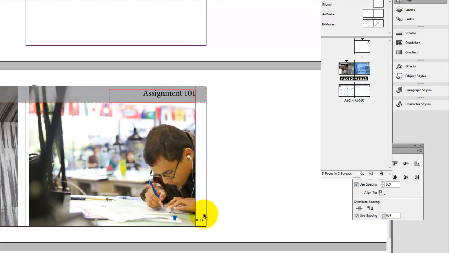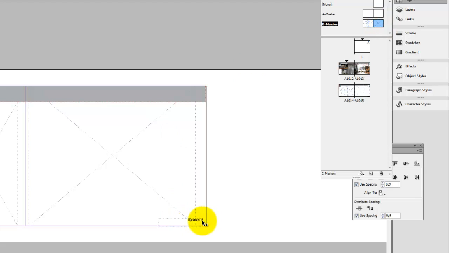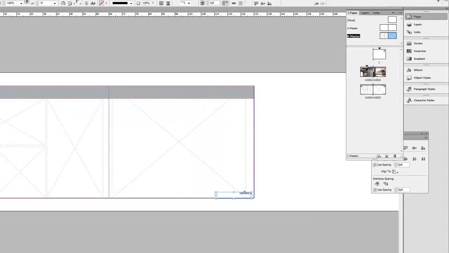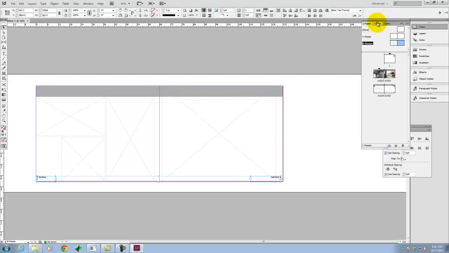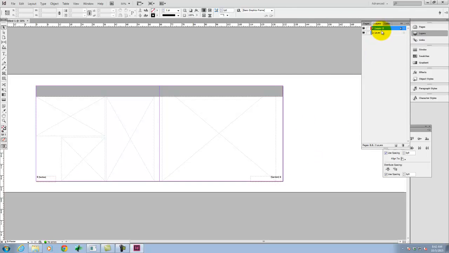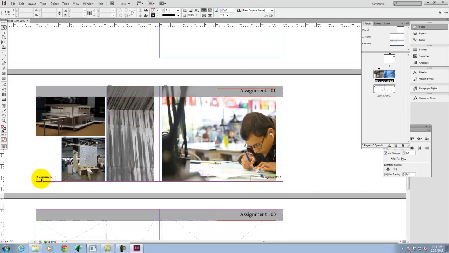This is behind my image, so once again, I'm going to go back to my master, and I'm going to change these to be on a layer that's in front of. So I'll go to Layers. And incidentally, to change the layer, all I have to do is drag this little box with the object selected. If I drag this little box that represents the objects from one layer to another, it works the same as it does in Illustrator to change layers. So now if I went back to my pages and I went here, you see that it says assignment 101